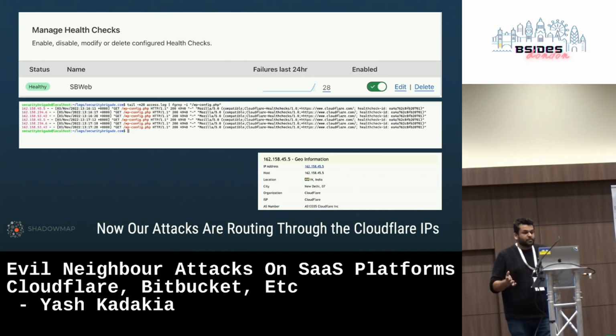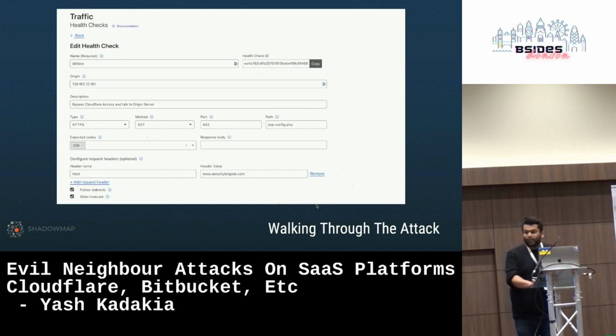So, put it really simply, we're abusing the functionality to use Cloudflare's own IP addresses to talk to the endpoint, getting around that origin bypass that's there, and bypassing the WAF in the process as well, right? So we can force Cloudflare to make those malicious requests on our behalf, and it's going to hit the endpoint, it's going to get processed and served, and we're going to get around that. So that's one attack that we've used a lot in our red teams, and it's been really interesting, right?